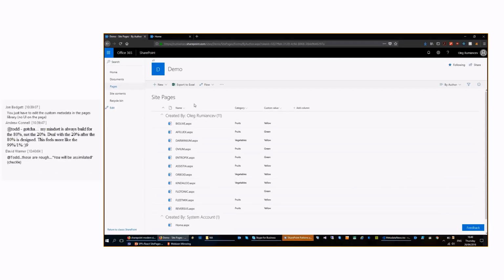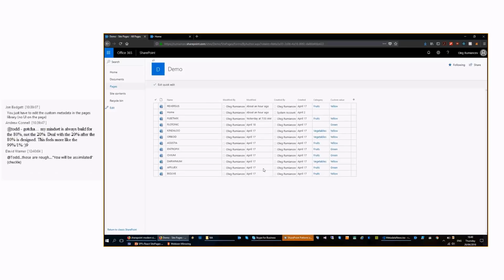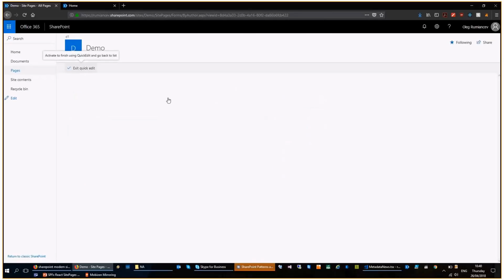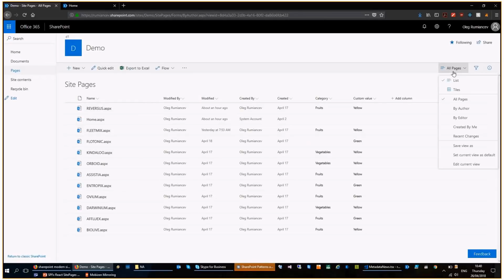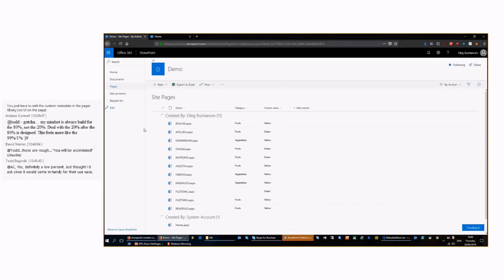The site pages library, and just to demonstrate that we can switch to all pages without grouped view and just use the quick edit. And in my case, the columns are not actually managed metadata; they are plain lookups, single value lookups to other fields, to other lists. It easily can be multiple value lookups as well. My code would support that, and so that's not actually the main point here. Let's go back to the default by author list and